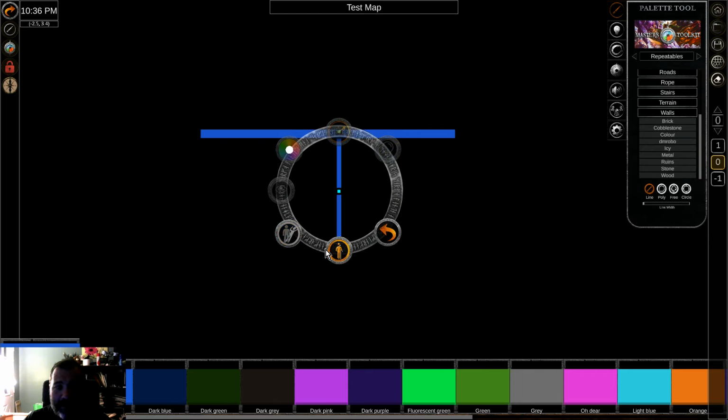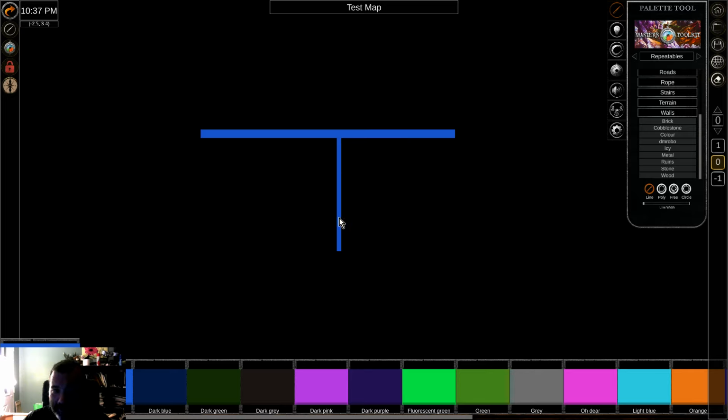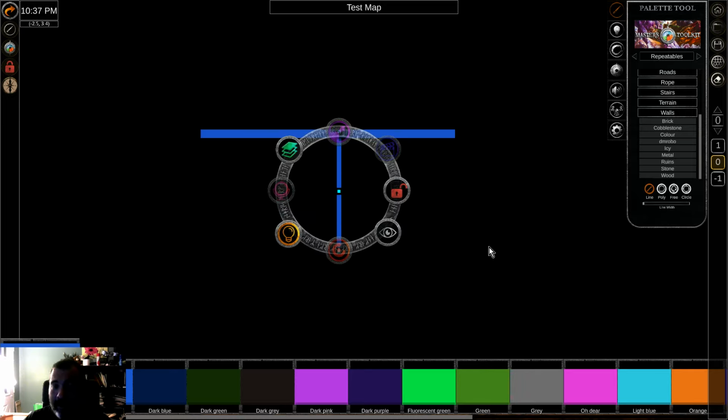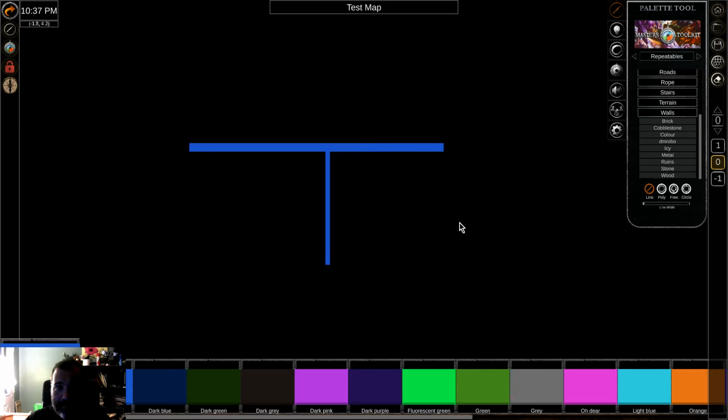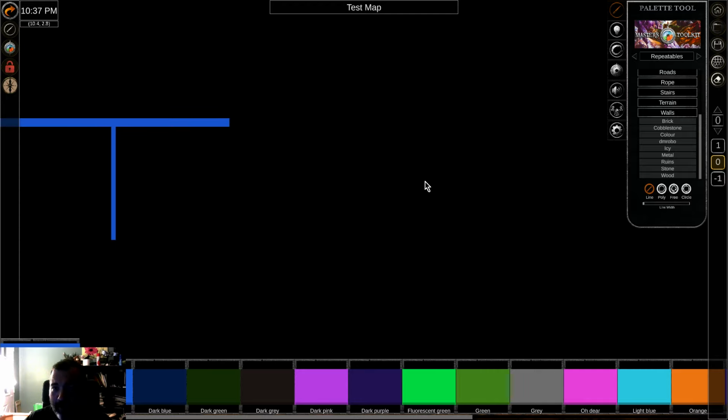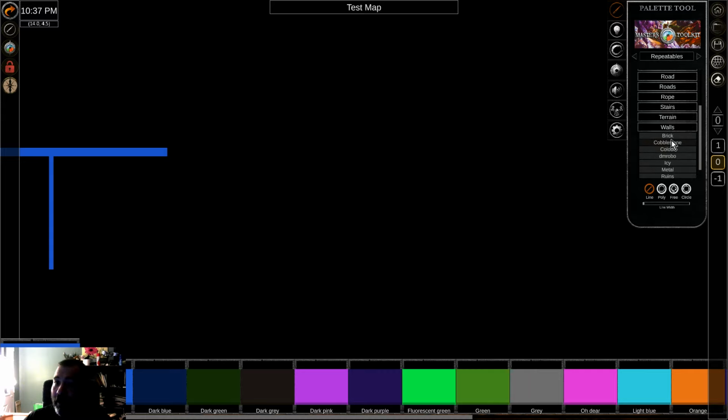So if you just shut off this and this here under lighting, it'll now just be a regular color line on the ground. And I'll show you the effect of that here in just a few moments when I switch maps. The other part I wanted to touch on was windows. With windows having been added to several packs,